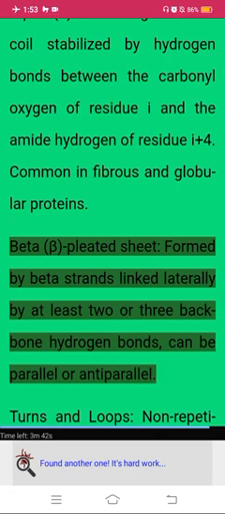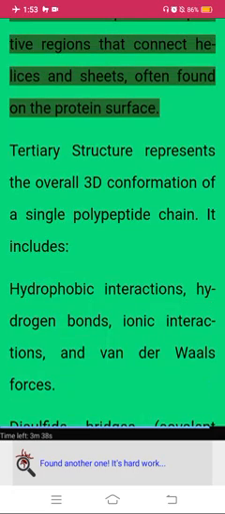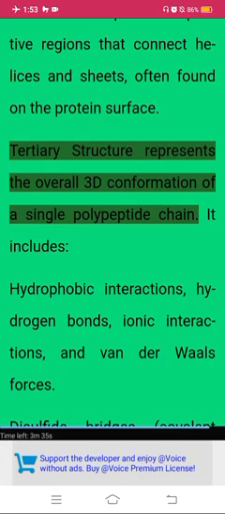Beta pleated sheet, formed by beta strands linked laterally by at least two or three backbone hydrogen bonds, can be parallel or antiparallel. Turns and loops, non-repetitive regions that connect helices and sheets, often found on the protein surface. Tertiary structure represents the overall 3D conformation of a single polypeptide chain. It includes